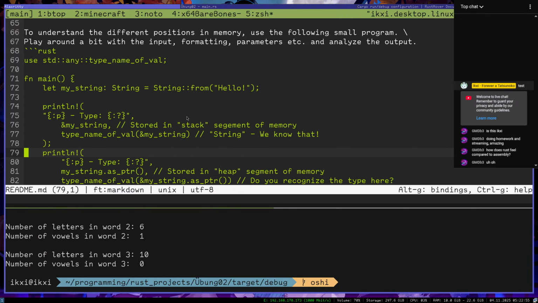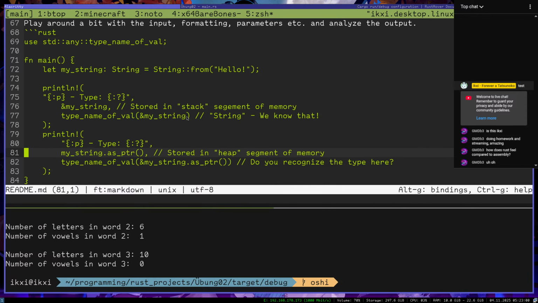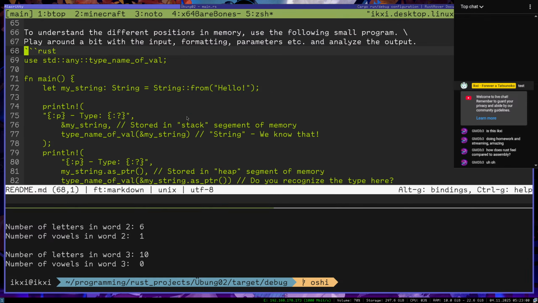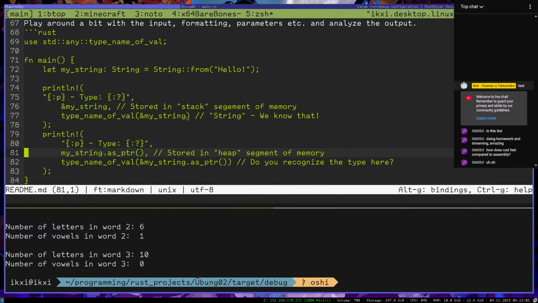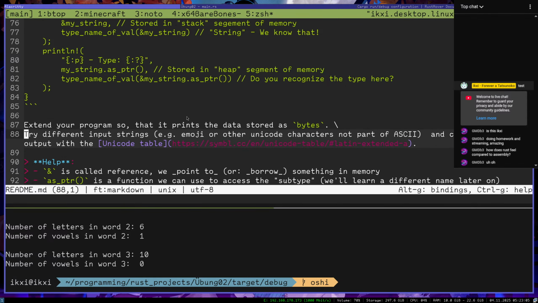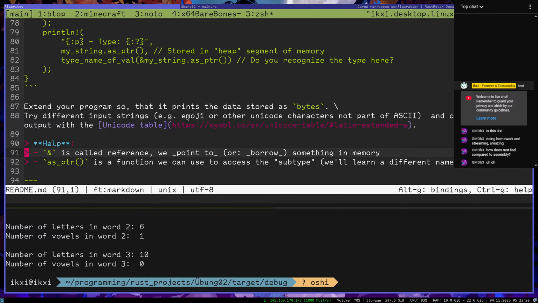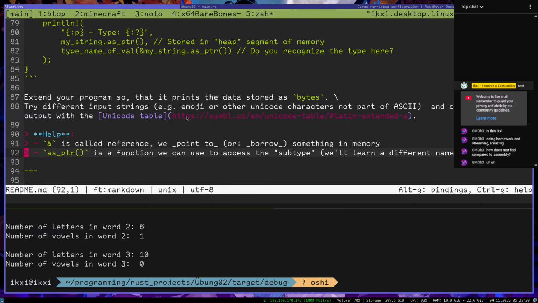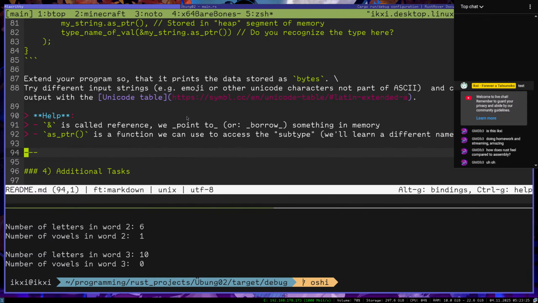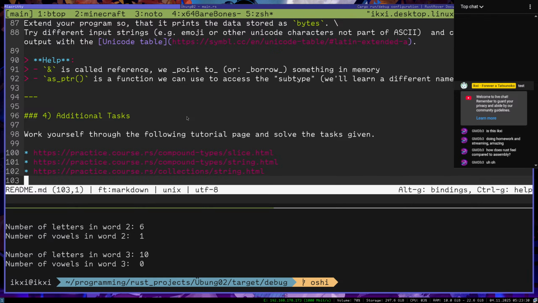Okay. No. Right, the pointer stuff. I get that. I do get the pointer stuff. Extend your program so that it prints the data, the stored bytes, try different input strings. Okay. Yeah, no, I understand. I point to a bar and so memory as pointers. Additional tasks are served through the following tutorial page.